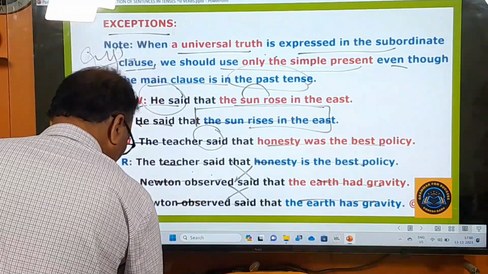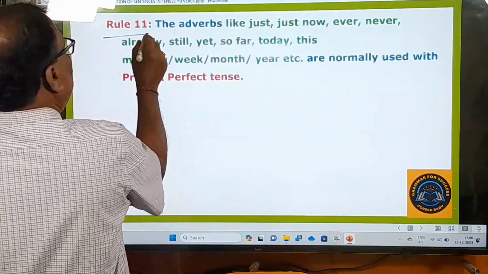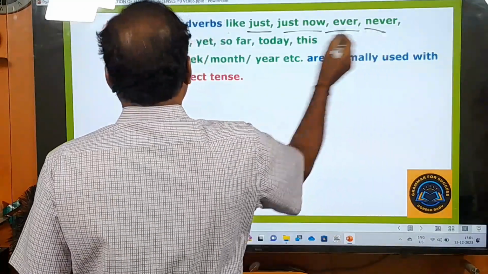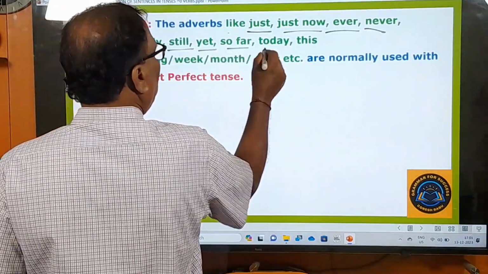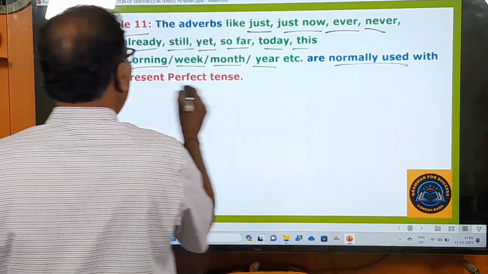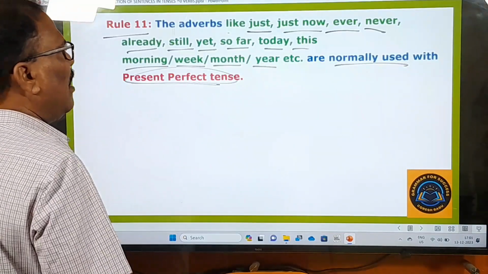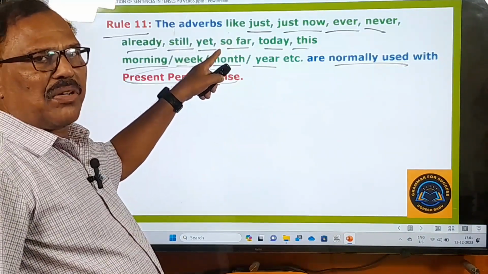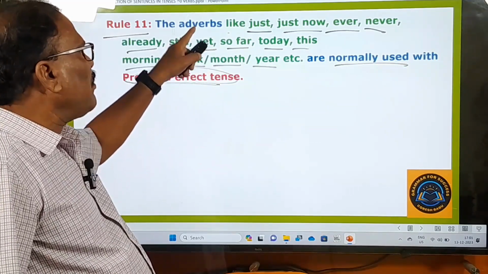And now let's move on to the next rule. Rule 11 is there. The adverbs like just now, ever, never, already, still, so far, today, this morning, this evening, this month, this year are normally used with the present perfect tense. With all these green colored words, these are all adverbs. With these words we have to use